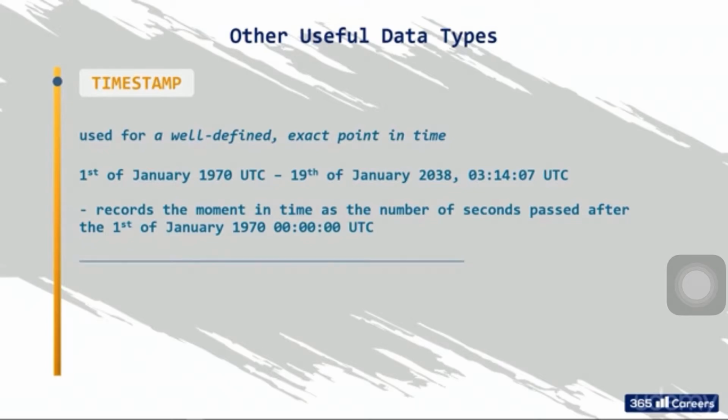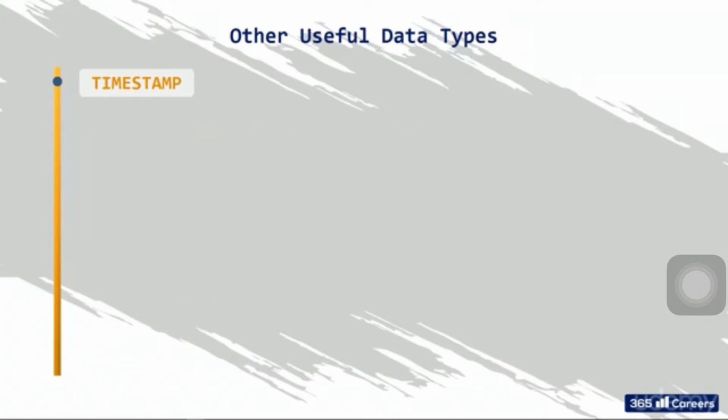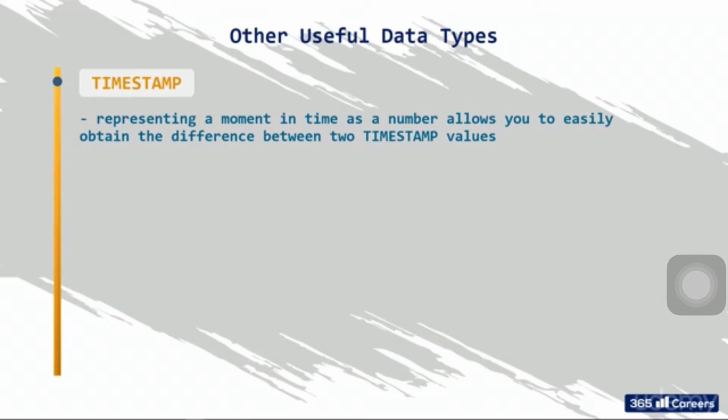So, for instance, the 25th of July 2018 will be equal to more than 48 years, or 8,535,155,200 seconds, to be precise. Wow! What does that trick allow us to do? Professionals would love to discuss storage space and processing speed differences between timestamp and datetime, but I suggest you remember the following. First, representing a moment in time as a number allows you to easily obtain the difference between two